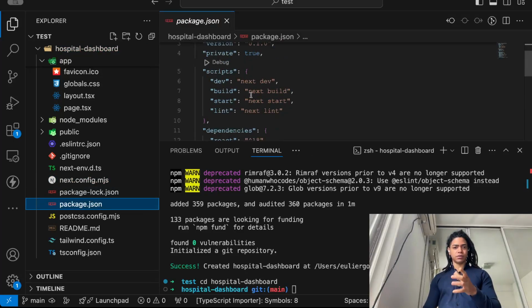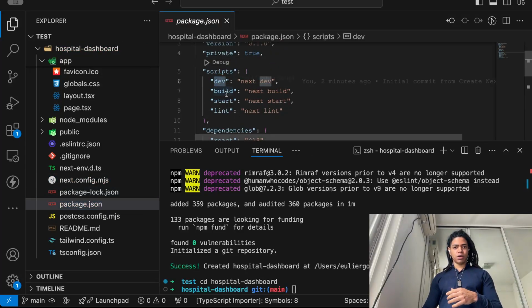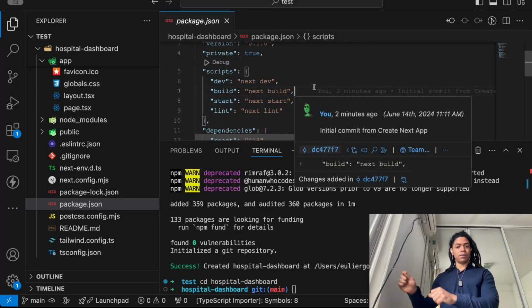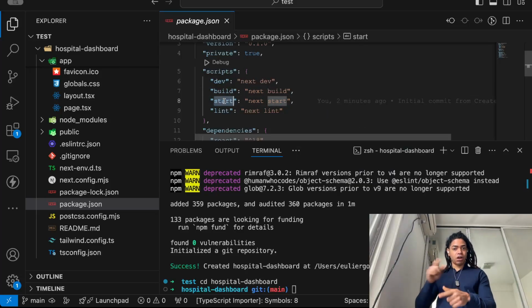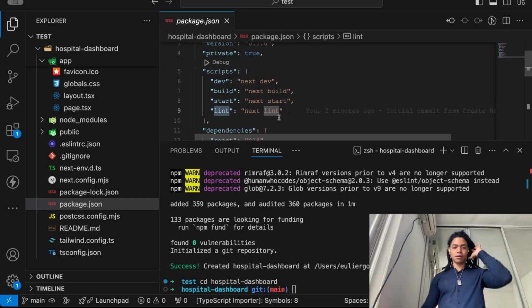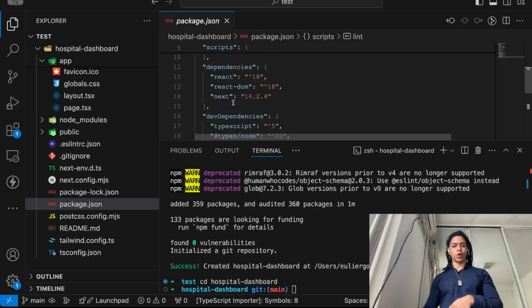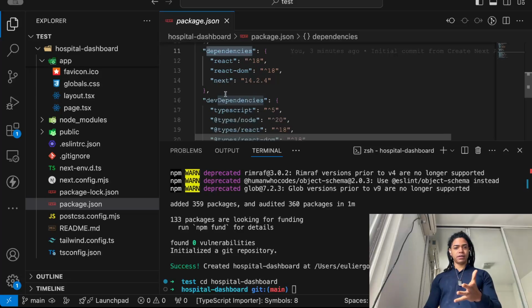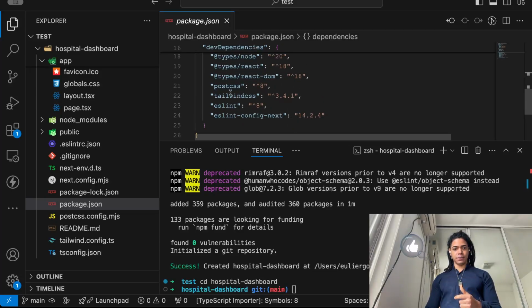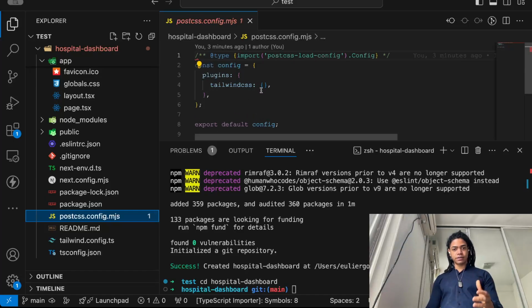The package.json here, you can take some scripts as a way to run this in development. When you're ready, I want you to now build that. The product is an optimized output. And then from that, start my server with this optimized build, and then some linting process here as a way to say, hey, is everything correct? Is everything great? Good. So the dependencies and the dev dependencies here. PostCSS again, this is like the Babel for CSS. Okay,